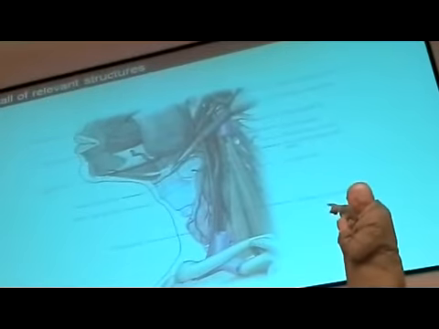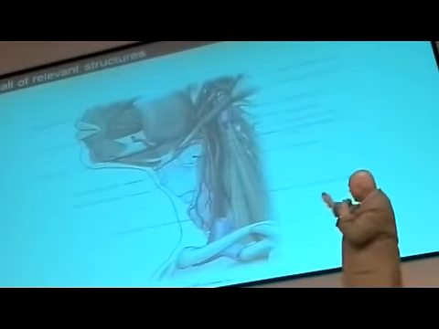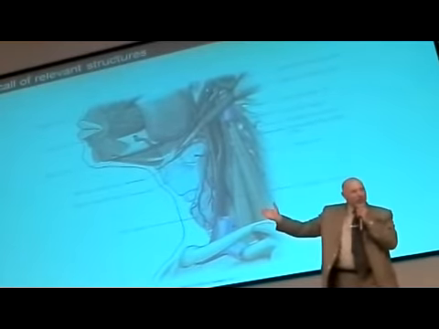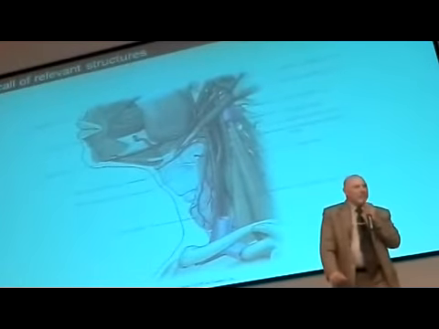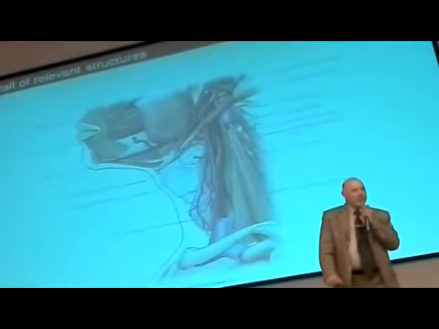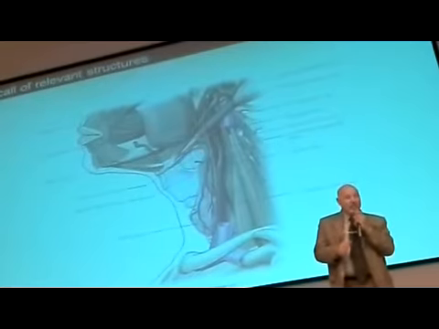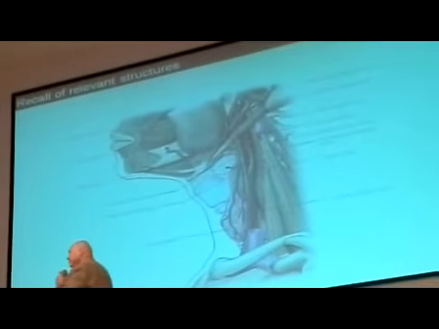Now, here you see blood vessels. What are the blood vessels? Common carotid, external carotid, internal carotid. What are the branches of the external carotid? Common carotid, superior thyroid. The external carotid,